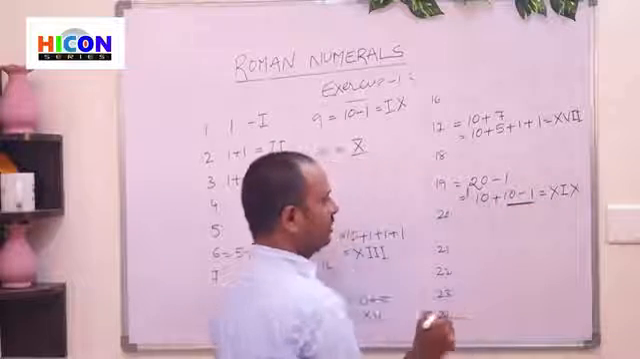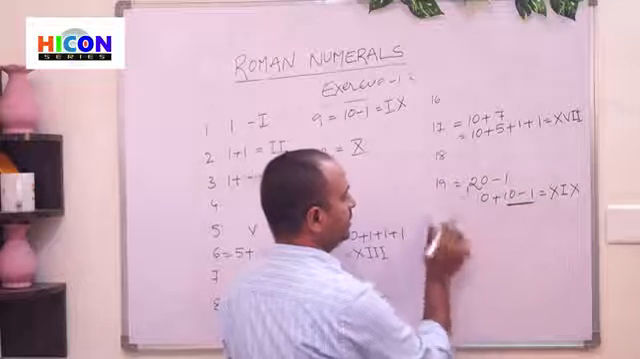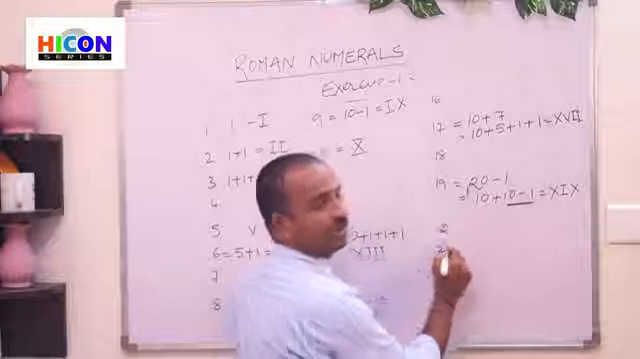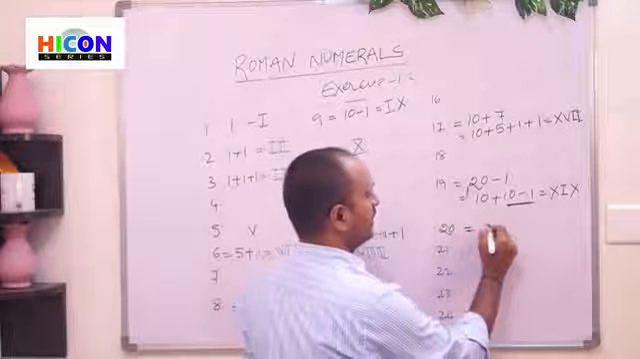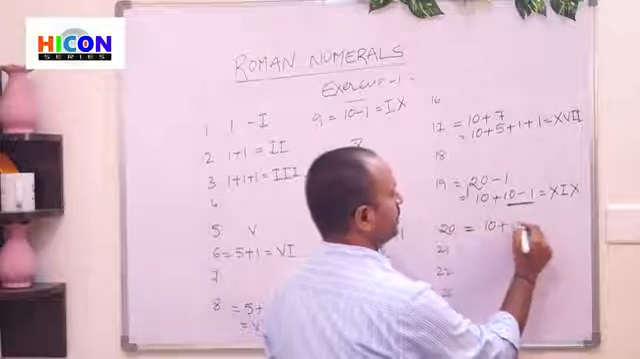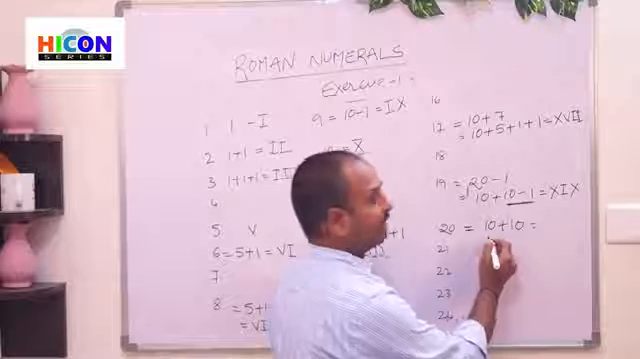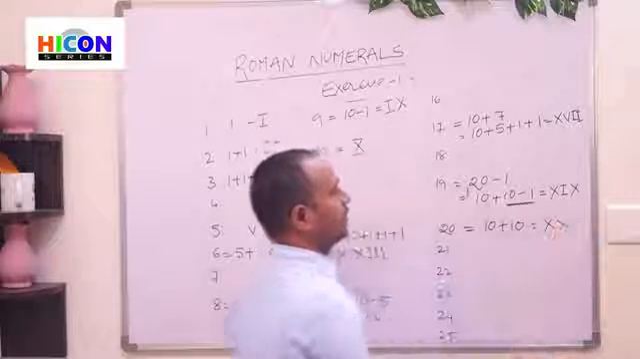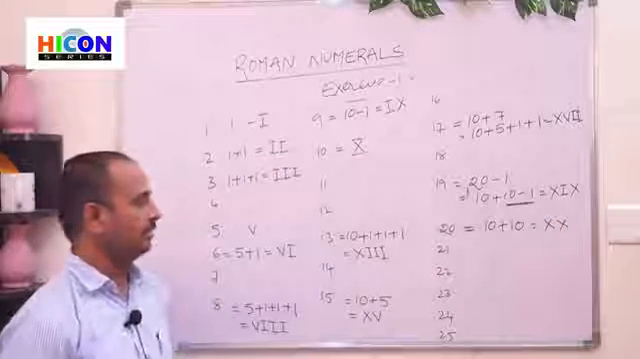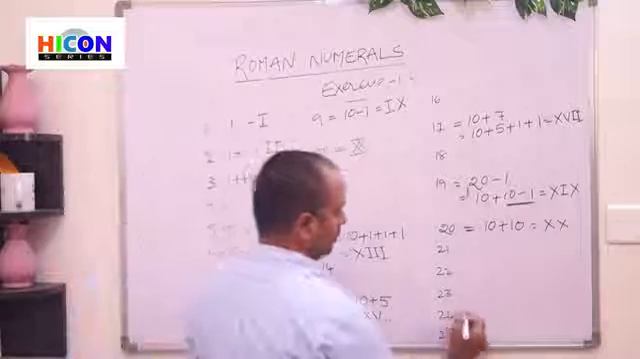In the same way, 20. There is no symbol for 20. So that's why 20 can be written as 10 plus 10. So addition means repeat 10 two times. That means X should be written 2 times. So children,